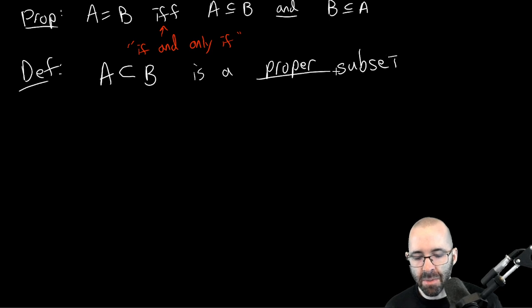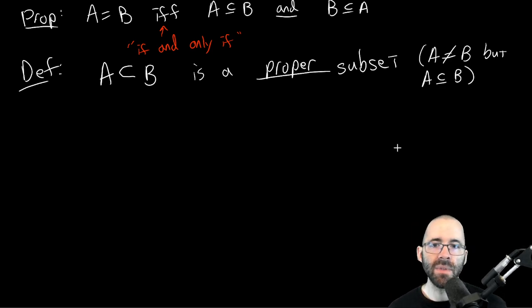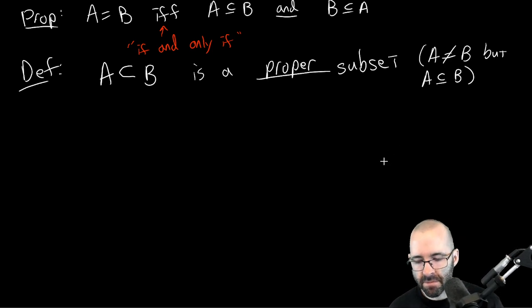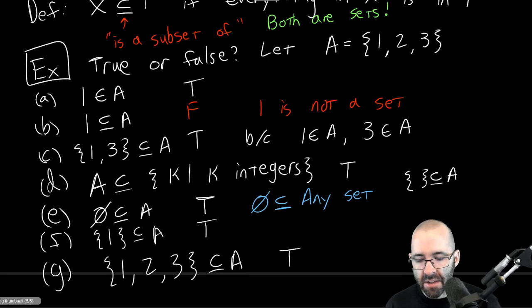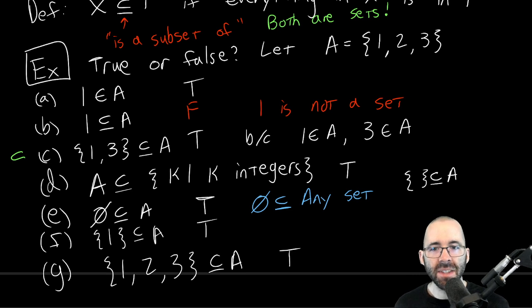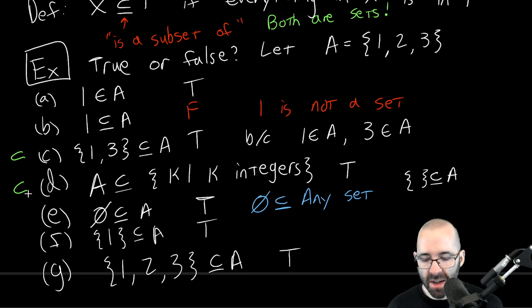All right, and basically it just means they're not the same. Okay, so this is A is a subset, but they're not equal. So everything in A is in B, but there's also something in B that's not in A. Okay, so again, if we just look at all of these that were subsets, right? So like C was a proper subset because it was a subset, but it wasn't the whole set. This is a proper subset. This is a proper subset. This is a proper subset. This is not a proper subset,